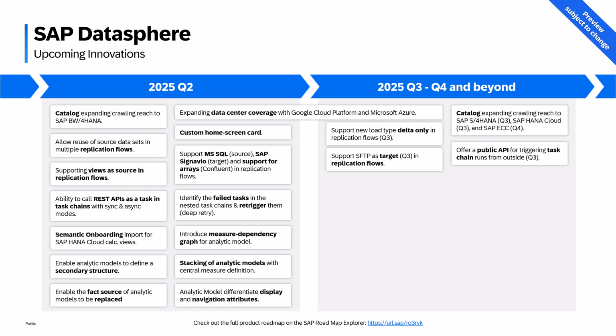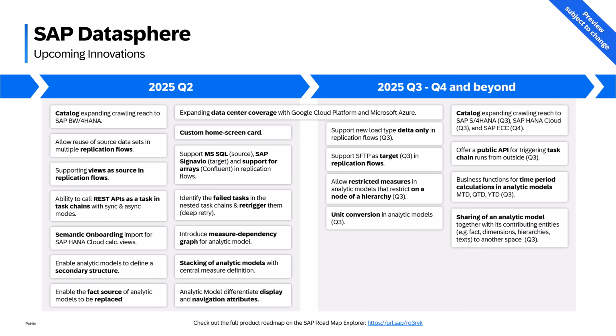Then we want to support SFTP as a target also in replication flows, so that you can write your files where the file transfer protocol in a secure fashion. On the task chain, we want to offer a public API for being able to trigger task chains from the outside in Q3. And then if we look into the modeling area, we want to allow restricted measures in